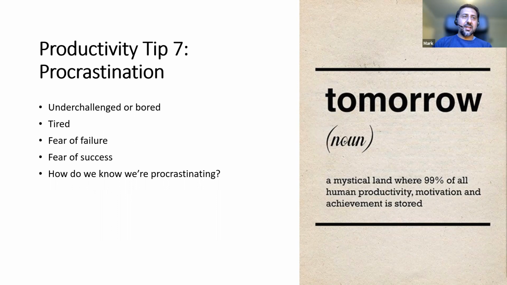So one thing we have is we might procrastinate if we're underchallenged or bored. And that's when we all need a bit of a challenge. So if we're not challenged, we're less likely to feel enthusiastic about that task. But these sort of tasks are quite interesting sometimes. If you've got a very boring task, it's a lot more challenging if you automate it. It's going to take a bit more time, but at least the next time you have to do it, you don't actually have to do it. So maybe you can add a little twist to it, try and figure out how to do it faster at the same level of quality, or try and figure out how to automate it.